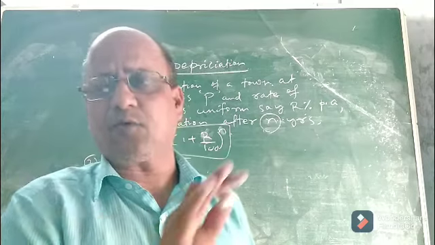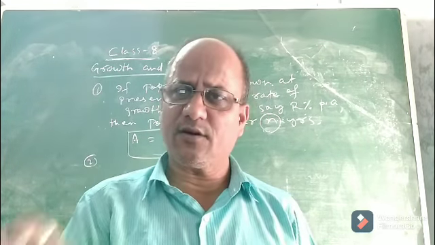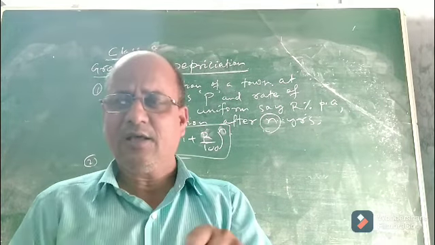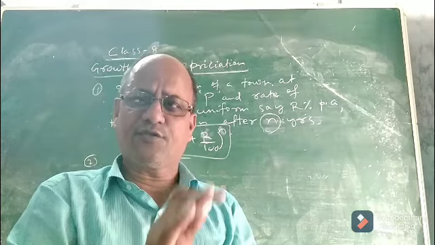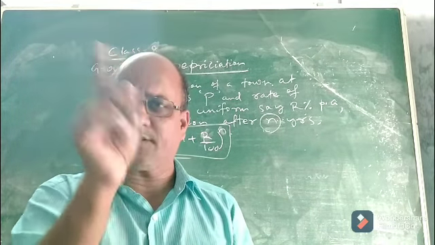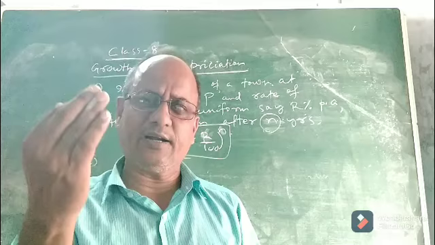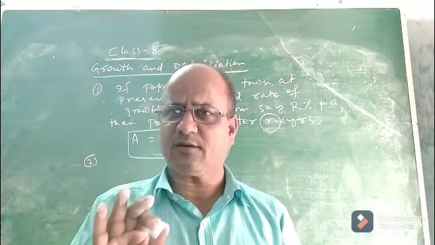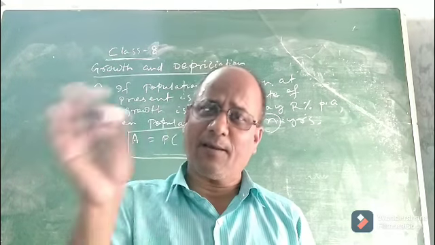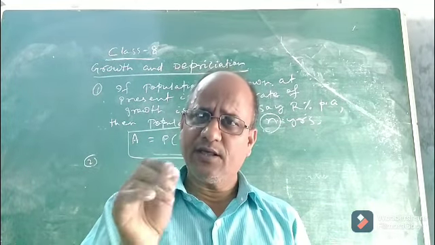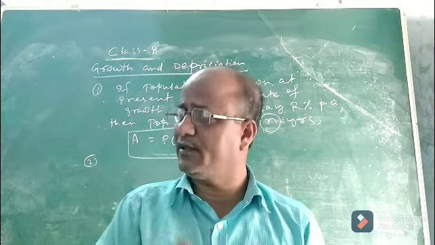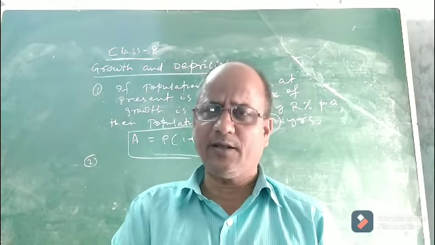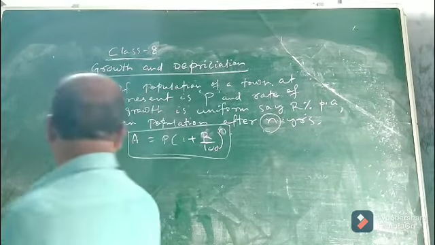Okay. Now you can ask me, sir, suppose the rate of growth is not uniform. If the rate of growth is not uniform or constant, what does it mean? In the first year, suppose the growth rate is R1%, that means say 5%. The growth in population is 5% in the first year, 8% in the second year, 10% in the third year, like this. That means here the rate of growth is not uniform or constant. It is changing every year. Now what happens if the rate of growth changes every year? How to calculate the total population after n years? So that is the second formula.